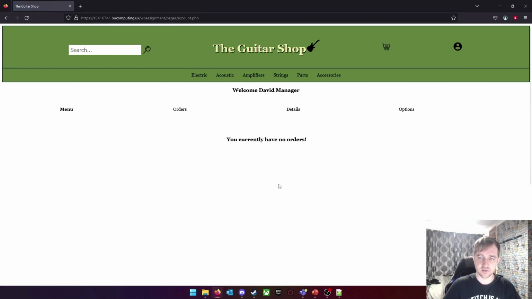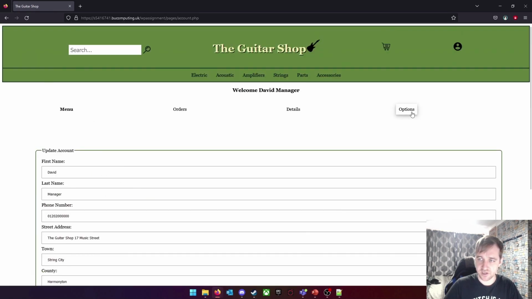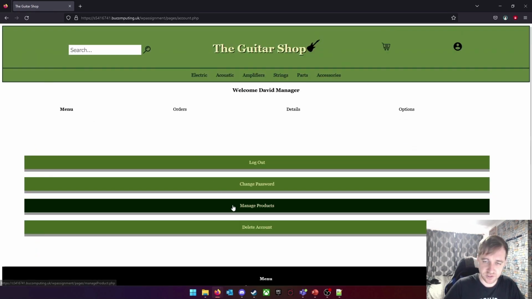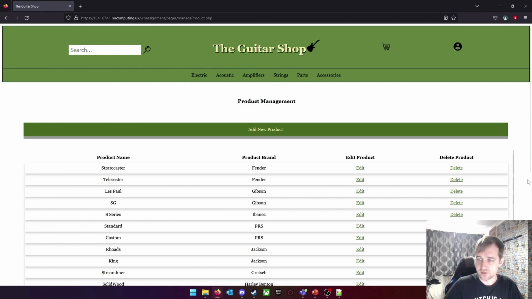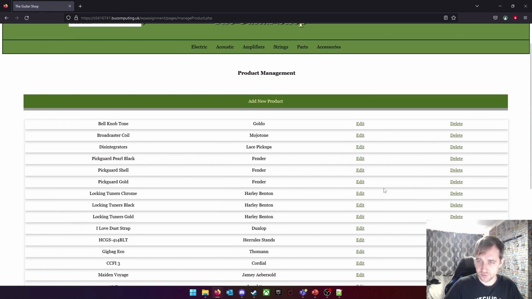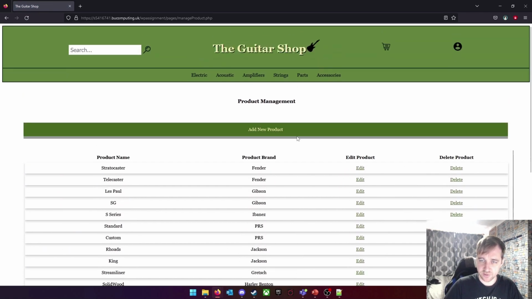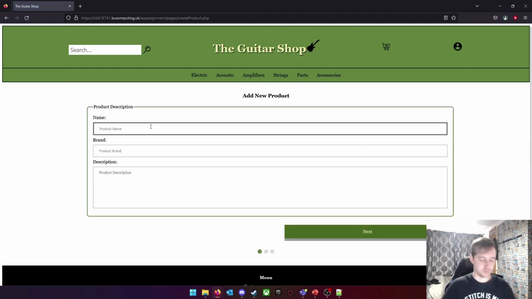okay, you can see they still have the orders page and the details page the same, but if we go to the options page, there is this extra button which is manage products. So straight away here we have a list of all of the products here, and we also have this add new product button. So if I just go through here,